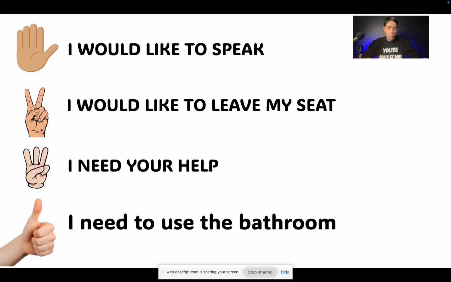These 4 little signals will eliminate little tiny distractions that come up in a class, especially in release time seminary at the end of the day. If you have an end of the day class, these are essential because bathroom problems at the end of the day after lunch, you'll have 5 kids that need to go to the bathroom. And those interruptions of hands going up saying, I got to go to the bathroom is so distracting. You'll have kids getting out of their seat 4 or 5 times a period. And it becomes so distracting with an active class at the end of the day. These little things can be so helpful.